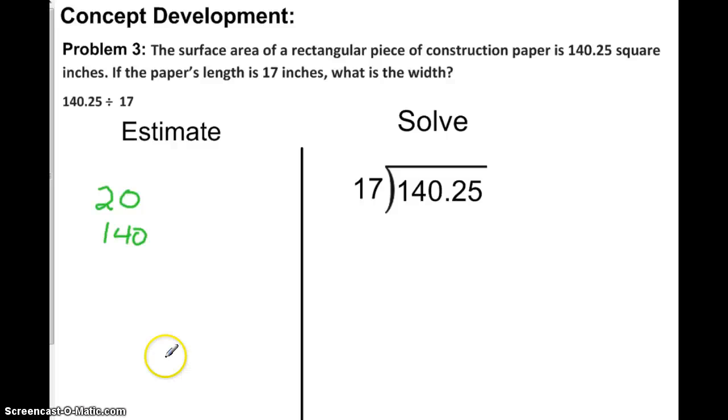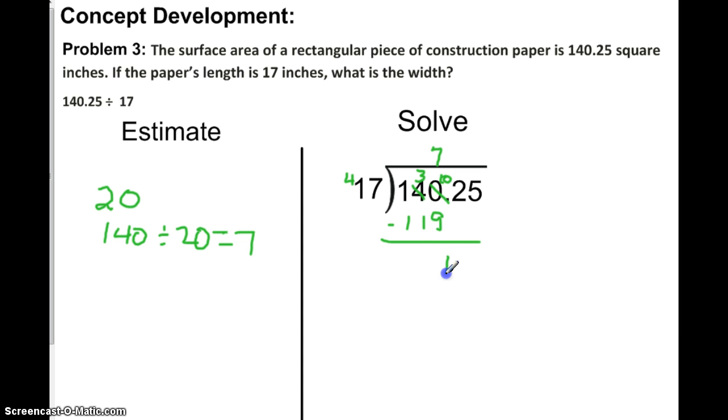Okay, I didn't do all the work because I've decided to show you something interesting. So here's my estimate. I changed the 17 to a 20, and the 140 I just left itself. So 140 divided by 20 would give me 70, right? So I'm going to put my 7 up here because that's what I'm thinking. Divided by 20 equals 7. Now let's multiply. 7 times 7 is 49. Carry a 4. 7 times 1 is 7, plus 4 is 11. And I subtract 10,